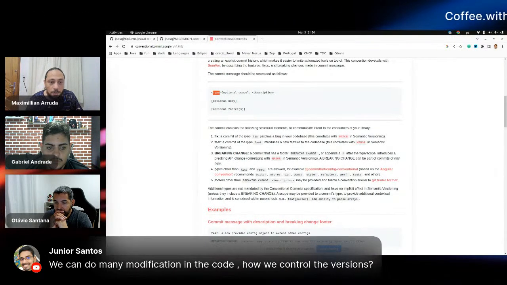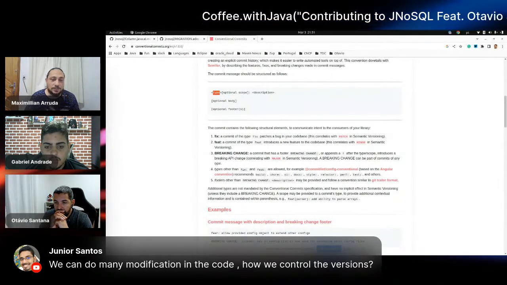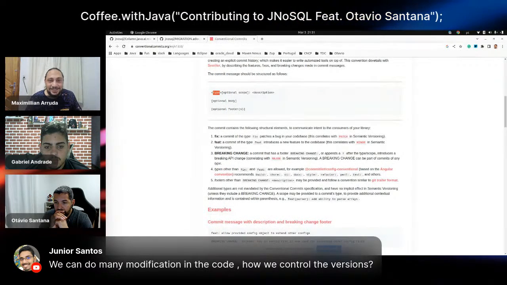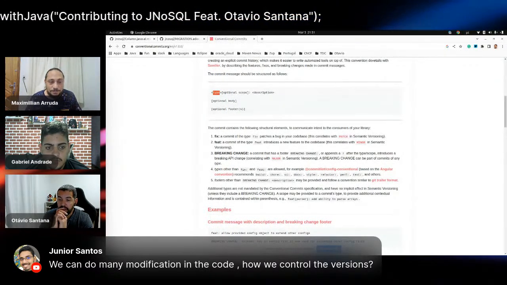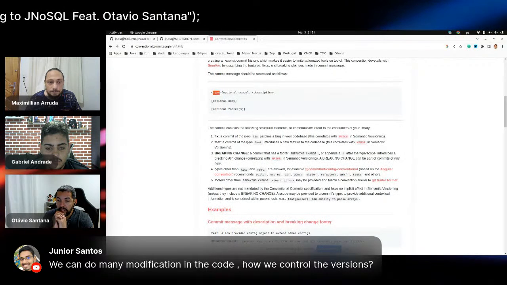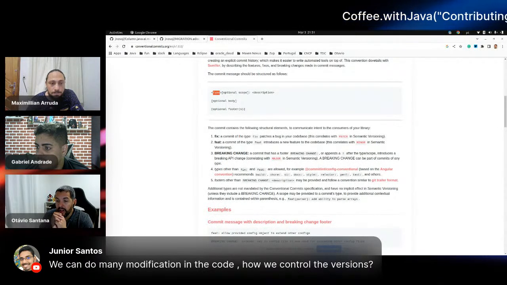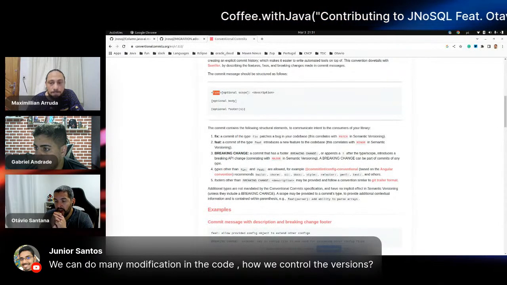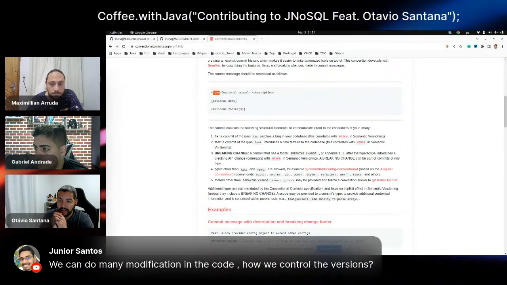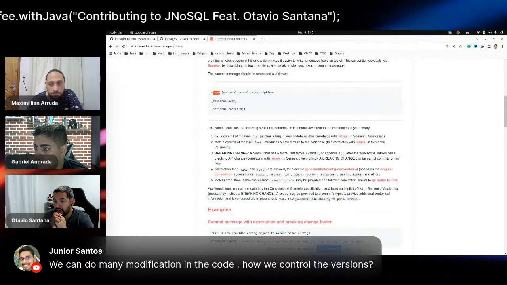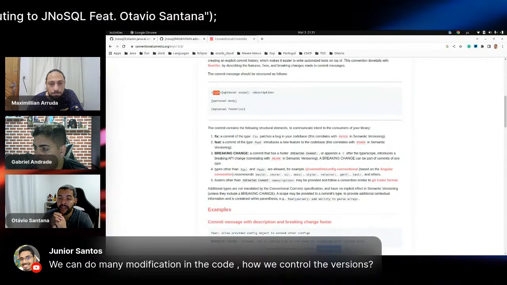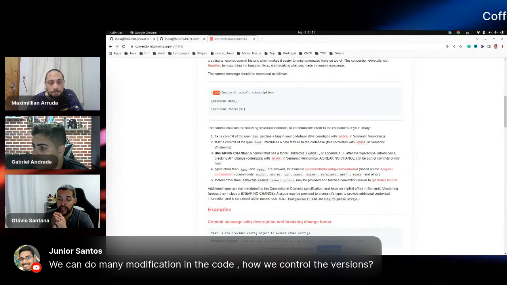We can do many modifications in the code. How do we control the versions? Okay, that's a good question. The point is, when you release a version, it will have one state of this class. Imagine a scenario where I'm working on version 2.